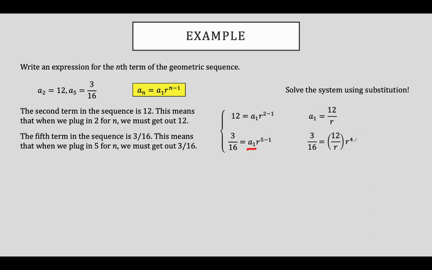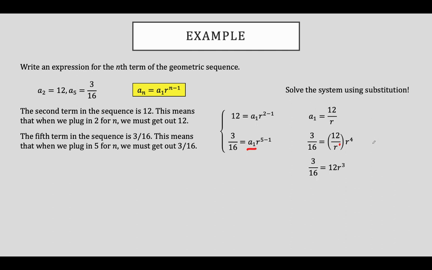Notice we get r to the fourth because 5 minus 1 simplifies into 4. All right, so let's do a little bit of algebra now. Notice I have r to the fourth, and I am dividing by r. Whenever we divide exponential quantities with like bases, we subtract the exponents. This is 4. The exponent here is a 1. If I have r to the fourth divided by r to the first, that leaves me with an r to